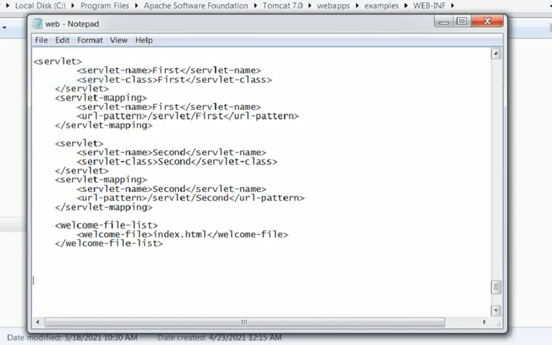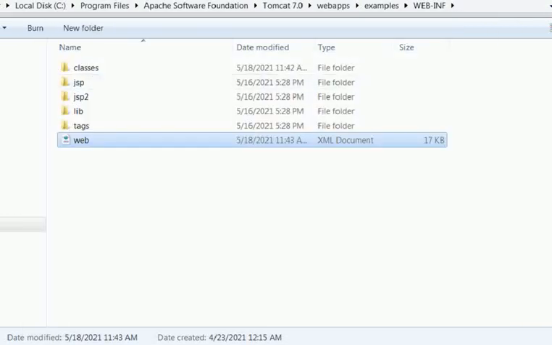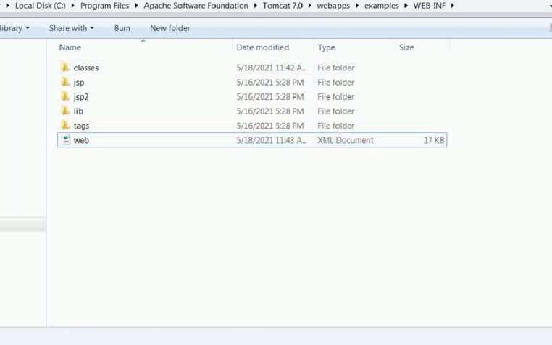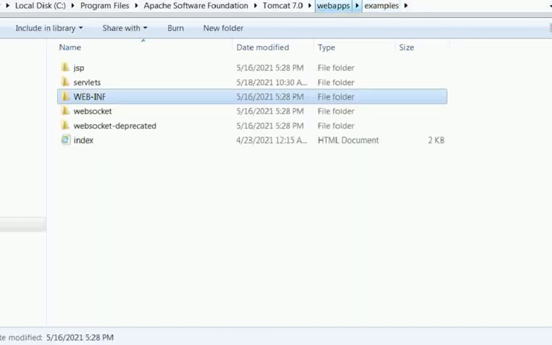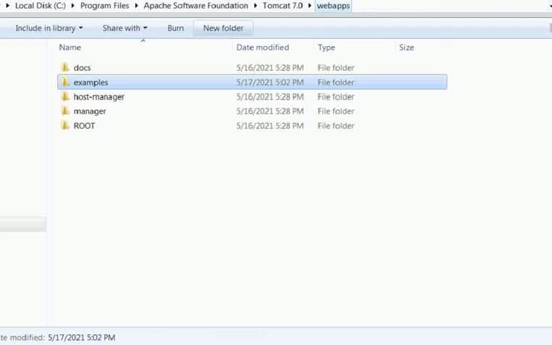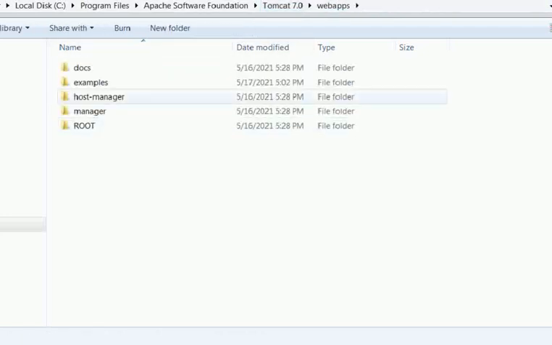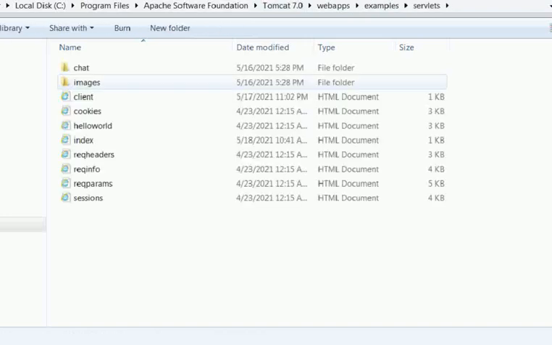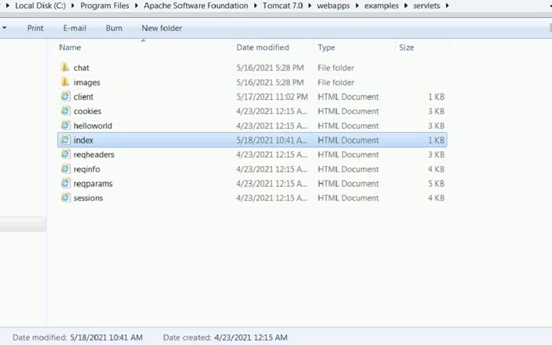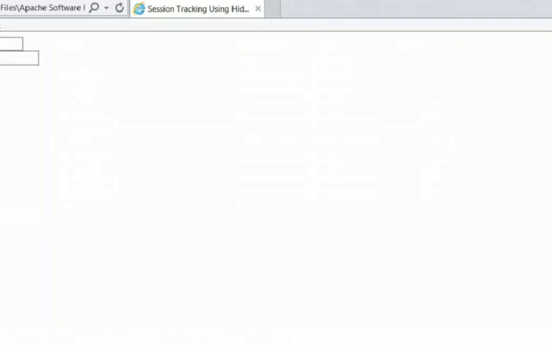Then save. Close the window and then go to examples, servlets, then index.html. I have placed the file here. So let's run this program. Double click this index.